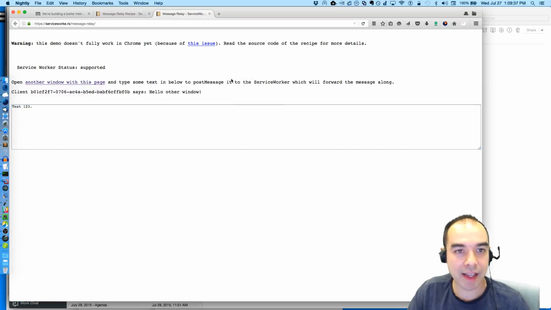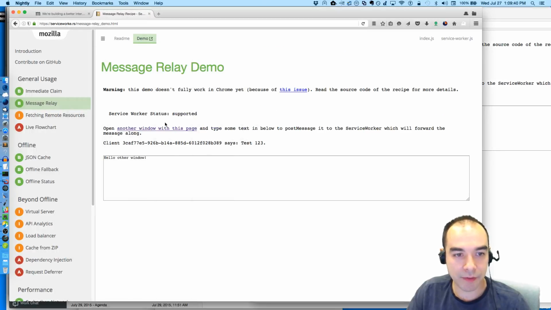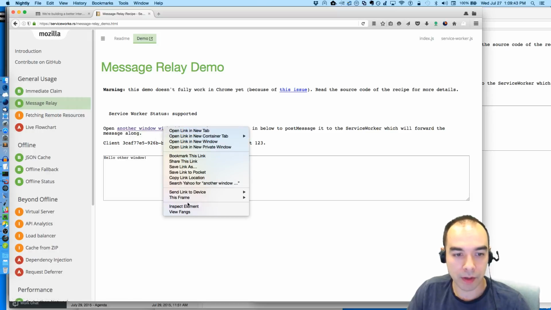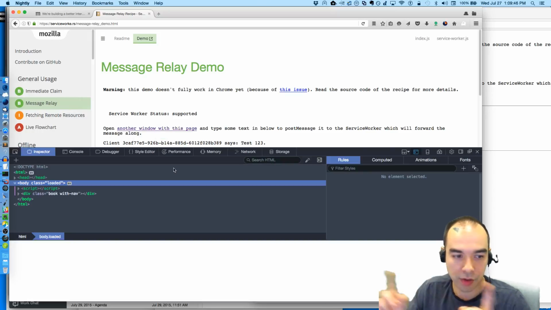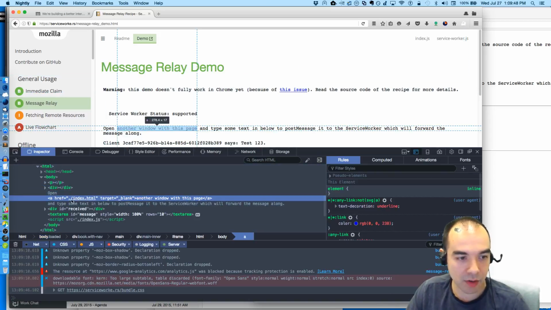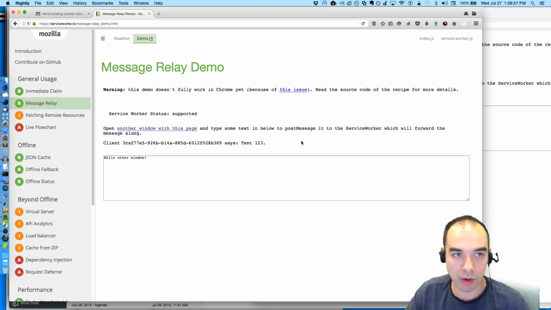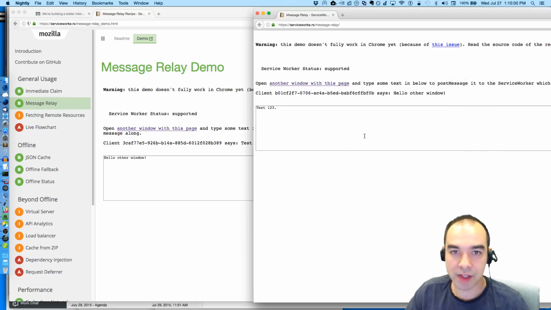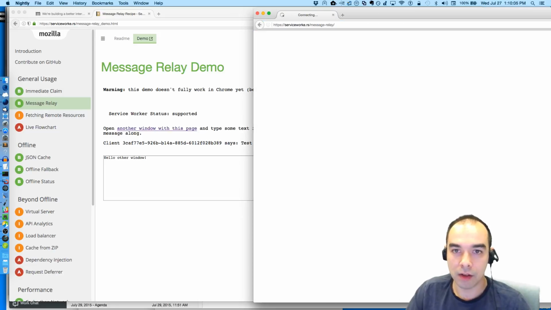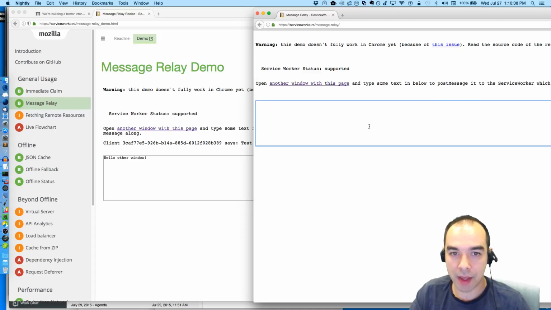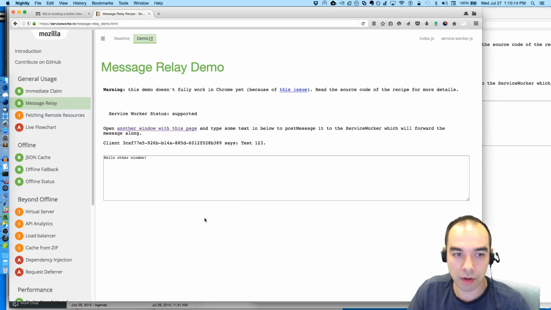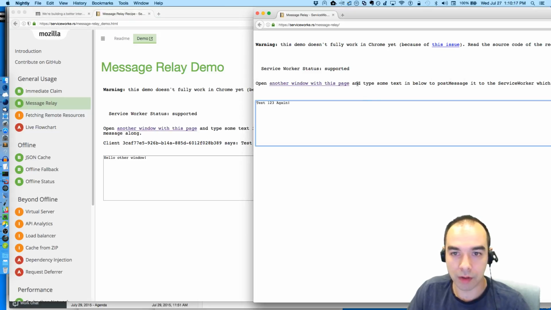Now, my understanding is that that's not totally impressive if this link is using window.open, so that there's an opener connection. But we're using just a standard anchor link with target underscore blank. So this isn't using opener and postMessage between a window which we can fully control. This is like if I had visited this page by going away and just going to this URL, I'm pretty sure that the same thing will work. Like test 1, 2, 3 again. Is that going to work? Maybe it doesn't work.